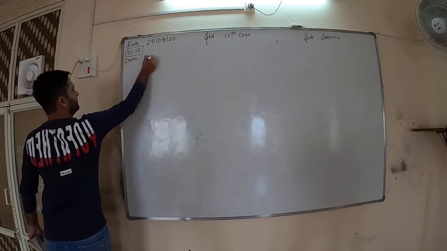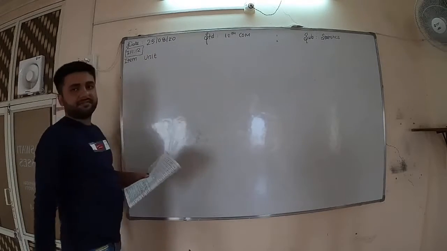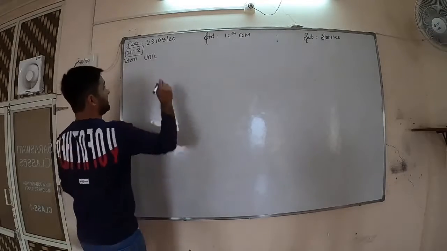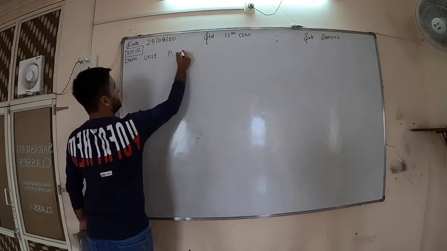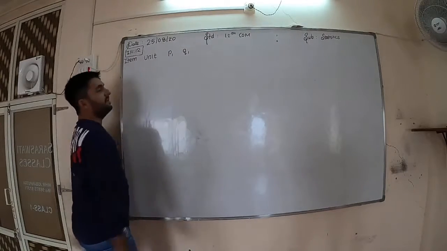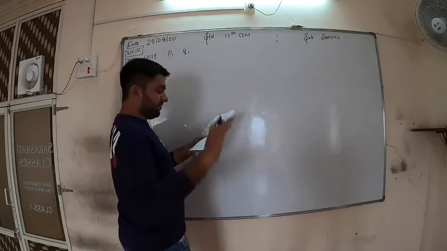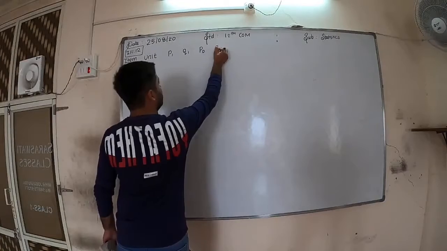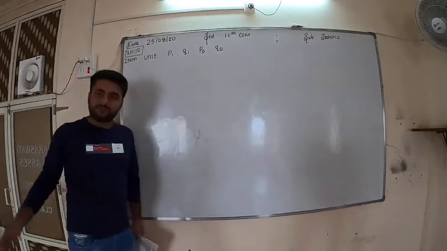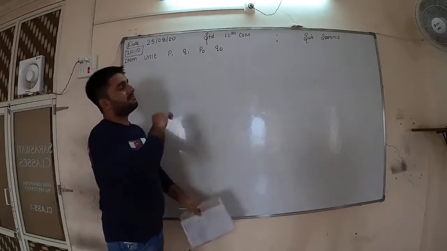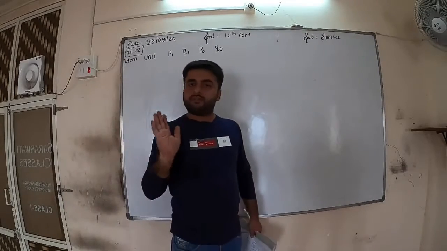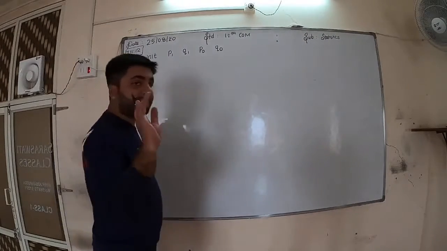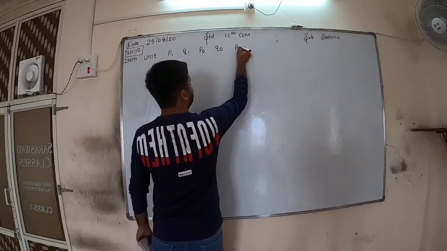Item, unit. Then for 2016 we have price and it is a big year, so P1 and its quantity will be Q1. Then 2015 is small year, its price will be P0, its quantity will be Q0. Okay, this column can be in any order. It is dependent on the question. Now what is important is the four columns which are there.